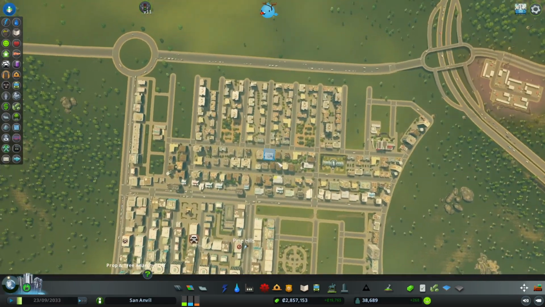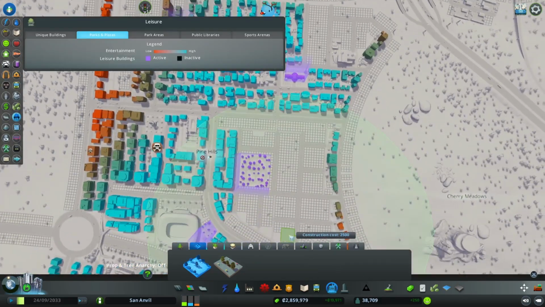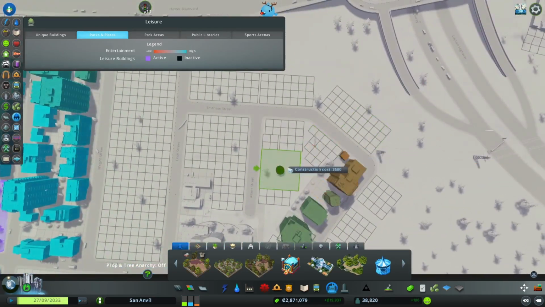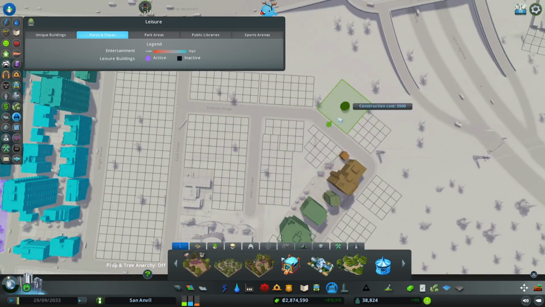Residential demand is coming back. How are we doing with the 40,000? We're trying to get close to the 40,000 mark. Let's look at our park situation. I mean, let's put something in there, or on the end there, where there's not really...